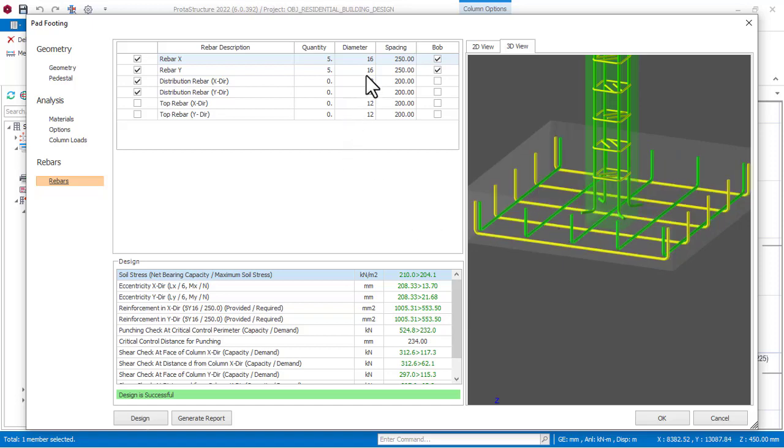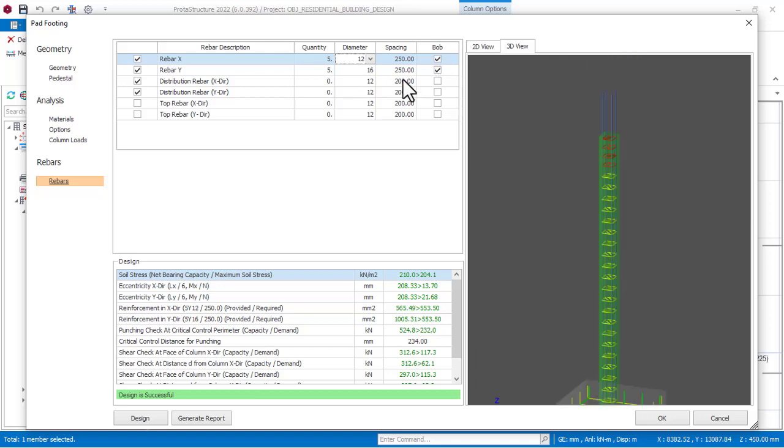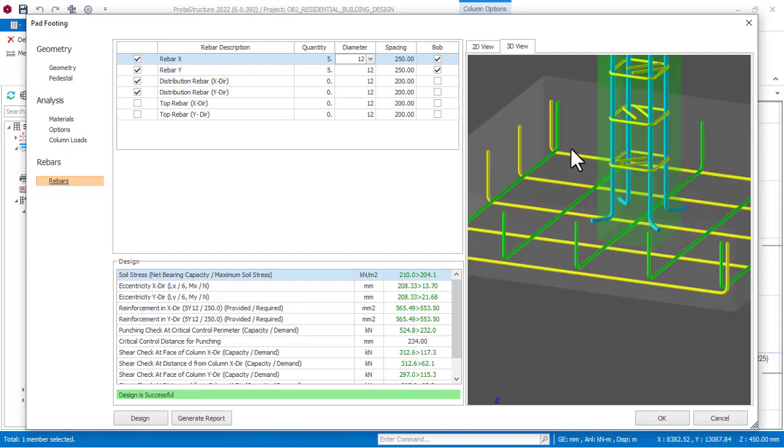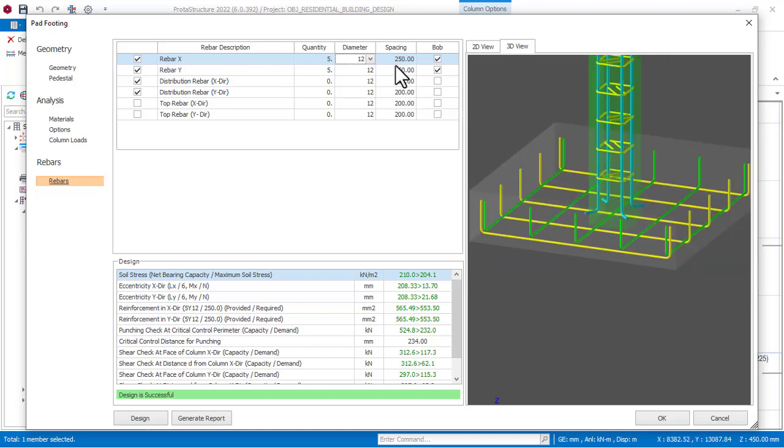Now if I still want to use diameter 12, let me check if that will be okay, and then come here again and choose 12 diameter. Okay, the design is still okay and perfect. And then come here right now, you can see that the size has decreased. And if I come here, if I want to change my spacing,